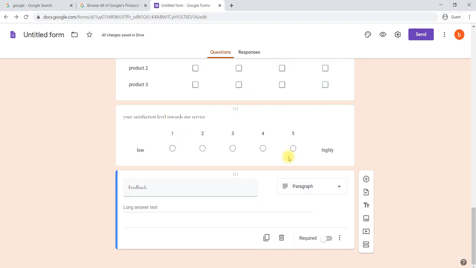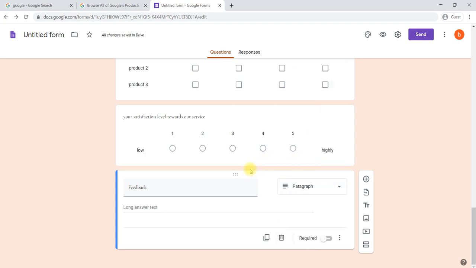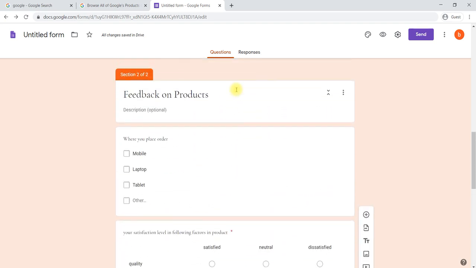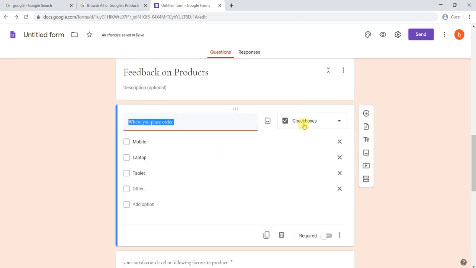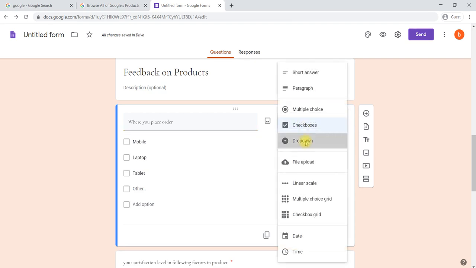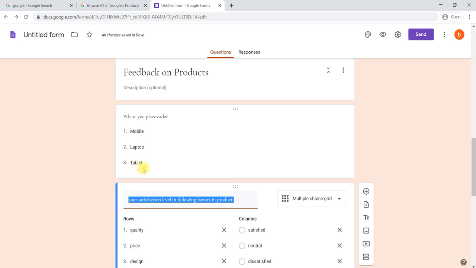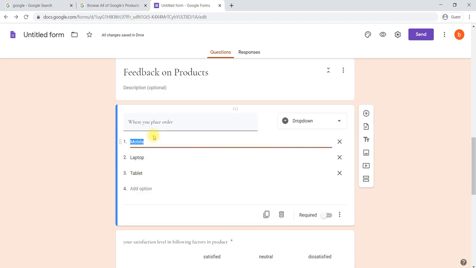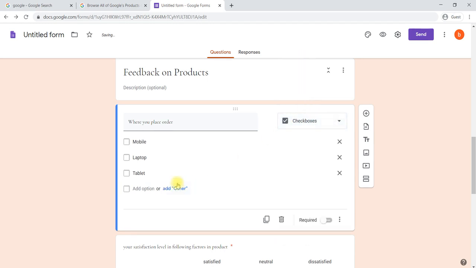Okay, this is about all the other types of questions we can ask. We have utilized all of them apart from the drop down, and drop down is also the same thing. It will not look like this, it will look like a drop down menu. If you select a drop down, when you look, it will look like this. Any of them can be selected. Here we are using a multiple checkbox.